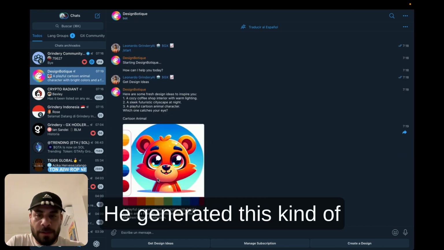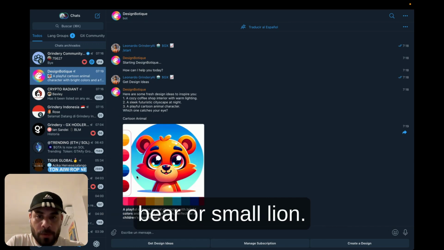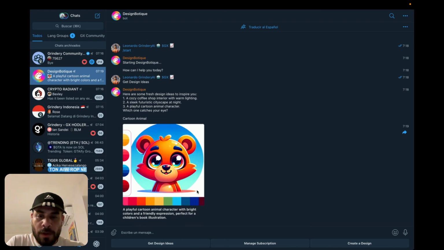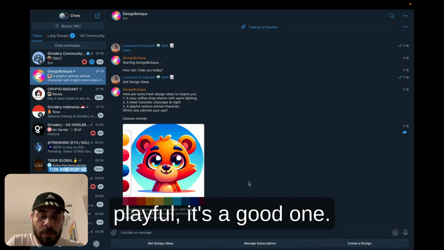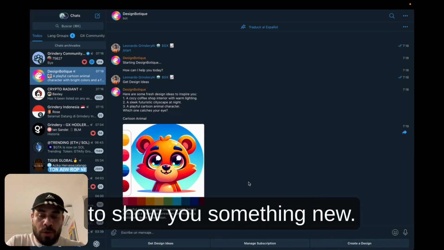Perfect. He generated this kind of bear or small lion. I like it. It's colorful, it's playful, it's a good one. And then I'm going to show you something new.